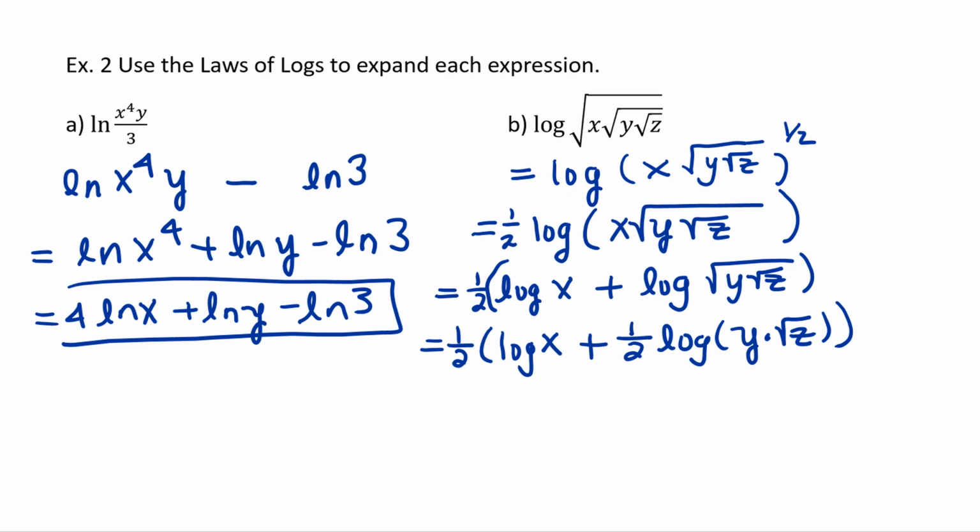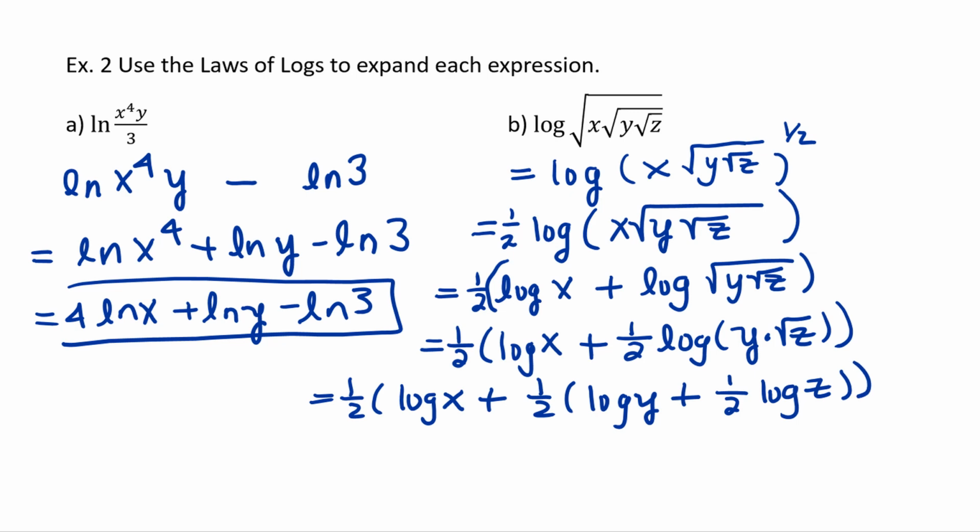Let's continue to expand. So this will now become 1/2 log x plus, then we'll have 1/2 of log y plus, and then we'll go ahead and rewrite the square root of z as z to the 1/2 and express it as a coefficient. So you have 1/2